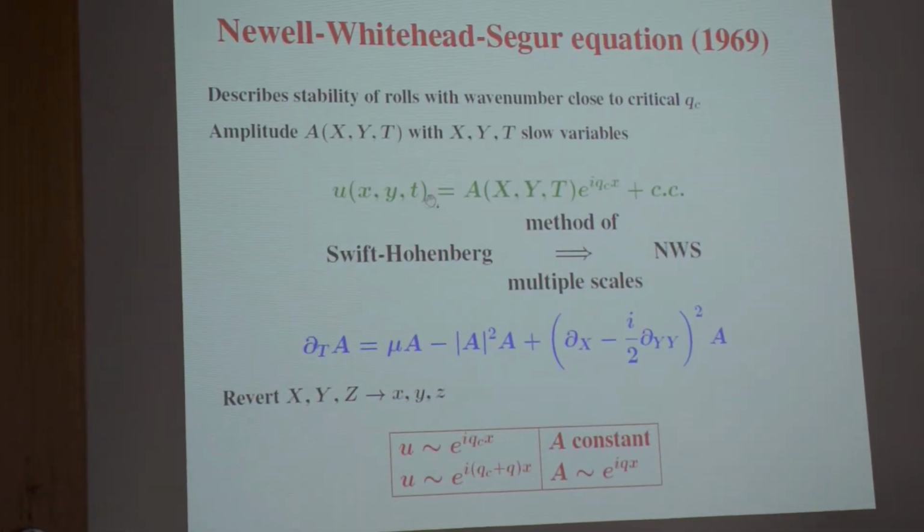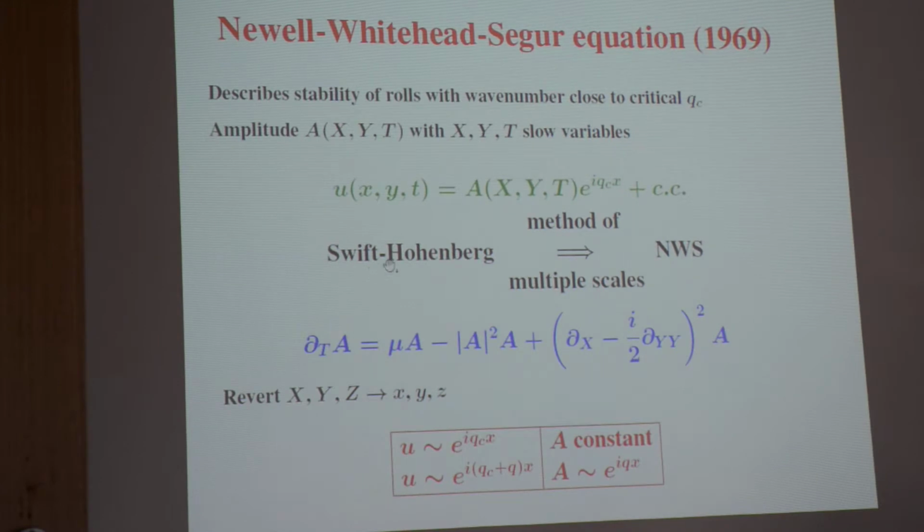So he's going to write, you start with, say, something like Swift-Hornberg, and you have a function u of x, y, and t. And now you represent it as A of capital X, capital Y, capital T, times this e to the i q_c x describes waves. Waves with wave number q_c, wavelength 2 pi over q_c, and in the x direction. Okay? And you use the method of multiple scales, which again,